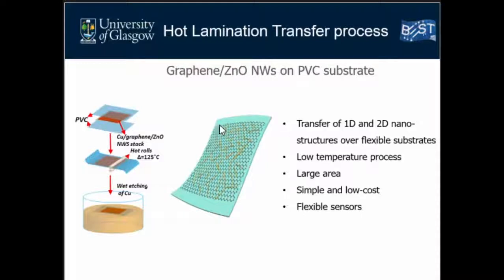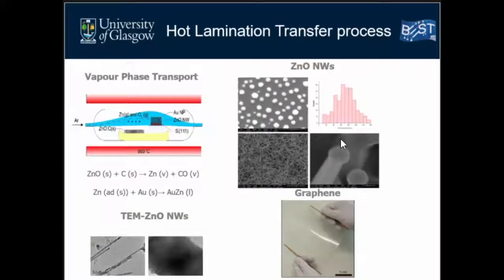We carried out a few tests. The advantages are that, in a single step process, we are able to transfer large area graphene intact with the zinc oxide nanowires, and it's a very low temperature process, compatible with large areas, and suitable for simple applications. And we have grown the zinc oxide nanowires using the vapor liquid solid mechanism, which is a vapor phase transport,